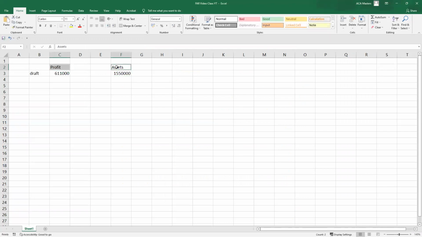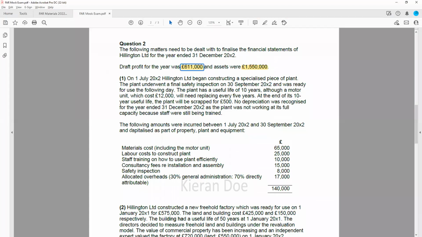So we've got our draft numbers there, and we know highly likely that each note, so note 1, 2, 3, 4 and 5, will have an impact on these. Maybe they won't all have an impact. Maybe they only have an impact on assets and not profit, perhaps. But we'll see. So what we need to do is explain the IFRS treatment for each note, so we can work through each note in turn, explain the IFRS treatment,